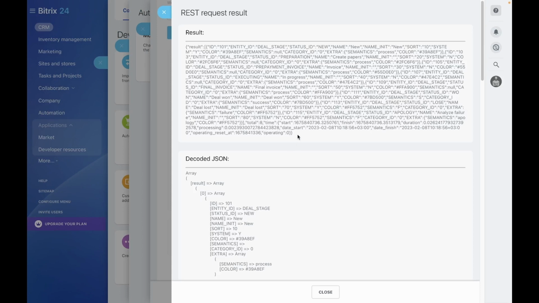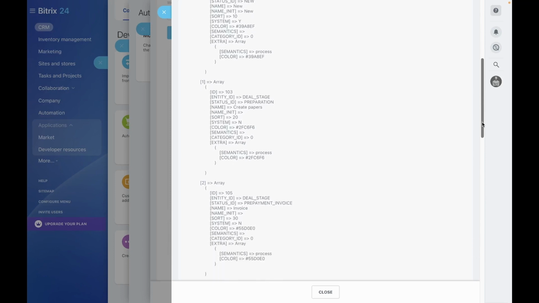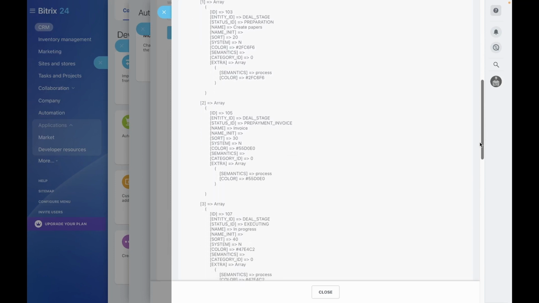Bitrix24 presents the results in both a JSON string format and a decoded data array, which contains all information regarding the deal stages, including the required identifiers. For instance, if we need to automatically move deals to the pre-payment invoice stage, we must specify the corresponding stage ID when calling the